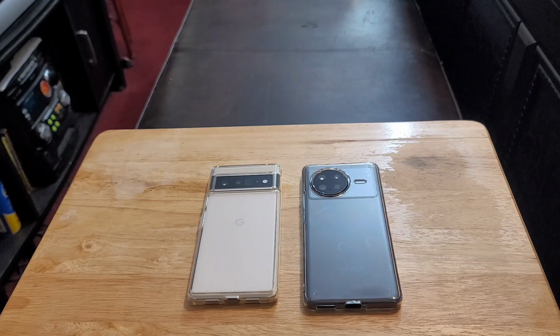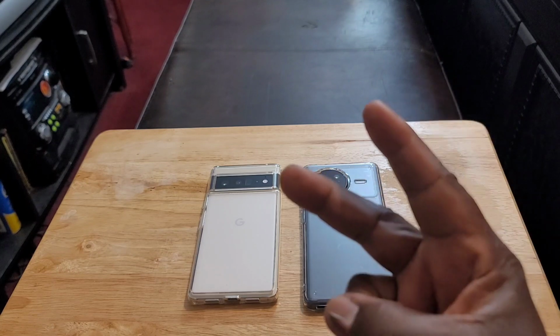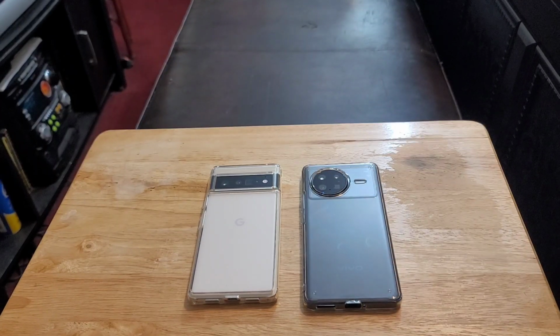When it comes to the Vivo, it comes with a 50 megapixel wide with laser autofocus and optical image stabilization, an 8 megapixel periscope telephoto with optical image stabilization and 5 times optical zoom. Also 60 times hybrid zoom. You're also getting a 12 megapixel telephoto, so you're getting 2 telephoto lenses, with 2 times optical zoom,